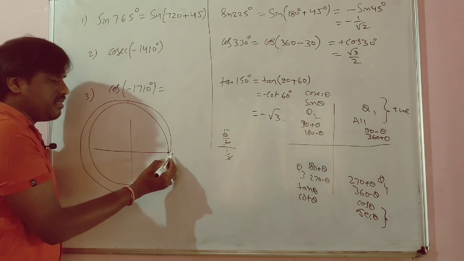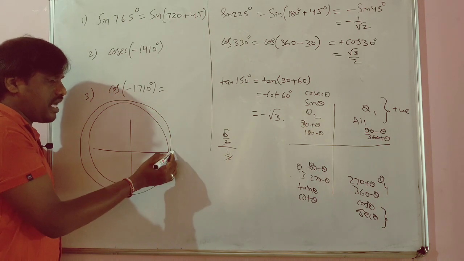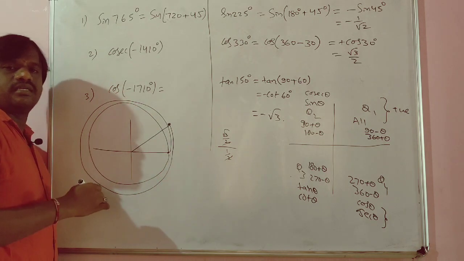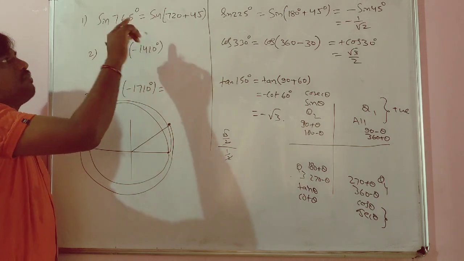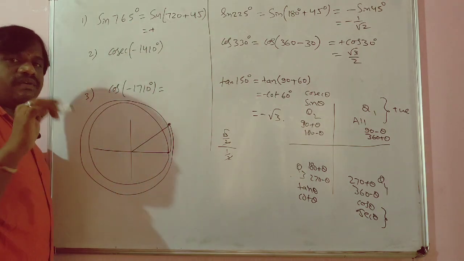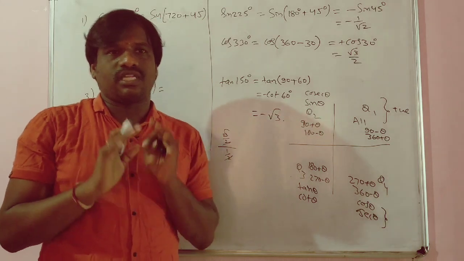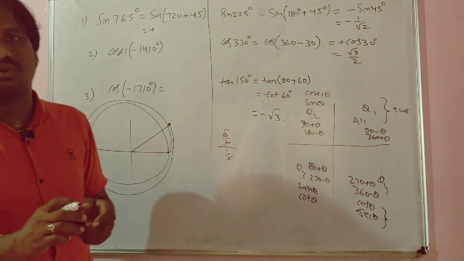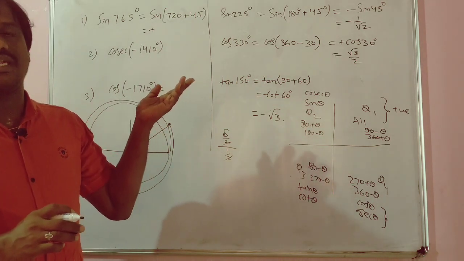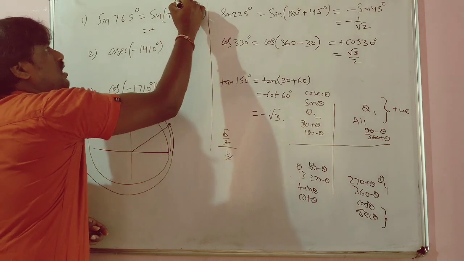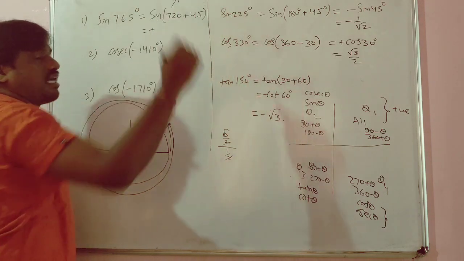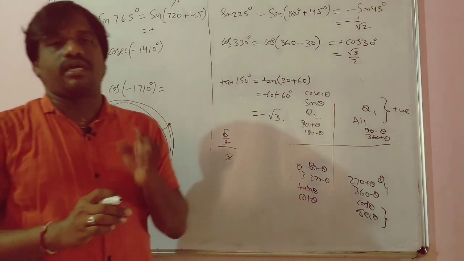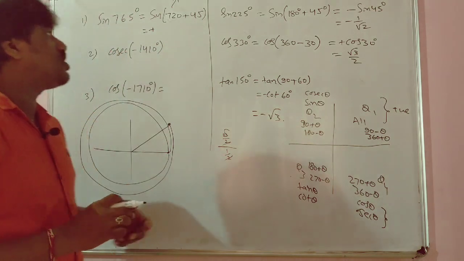Whenever you have this, it means the angle is 720 and more, moving 45 degrees. This is exactly coming in the first quadrant, and in the first quadrant all are positive, so this will be positive. Whenever you have a 360 multiple, I told you, no change. 90 times 8 is 720, or 360 into 4. So whenever you are getting even multiples, there is no change in that.